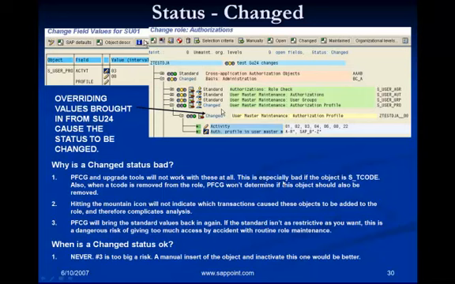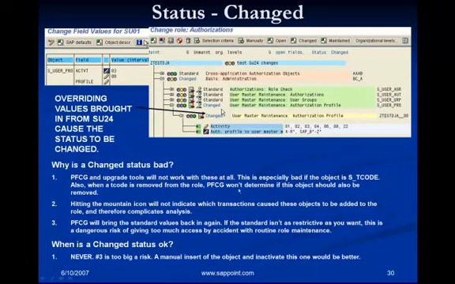Especially this is bad if the object is S_TCODE, meaning you should never ever enter values into the object S_TCODE, because this object contains the list of transaction codes in the role. So you should not manually add anything to that object.